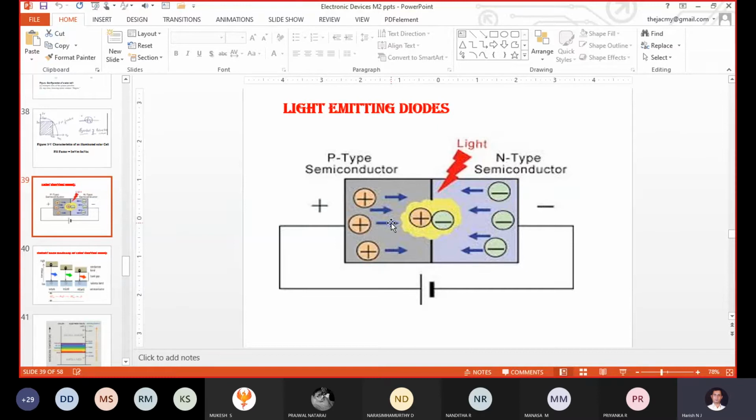Now, while the charge carriers move from one substrate to another, there is a chance of recombination. Just check it out. I will give you one small example along with numerical values. Let us take a p-type semiconducting material consisting of 100 holes and an n-type semiconducting material consisting of 100 electrons.